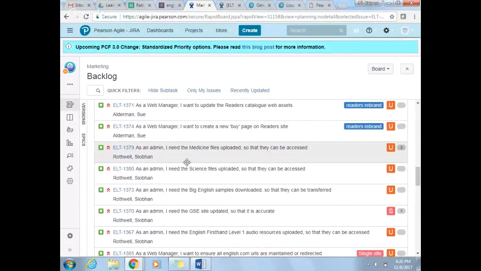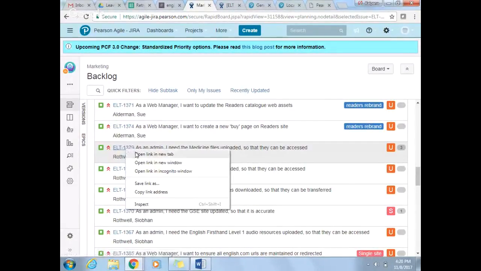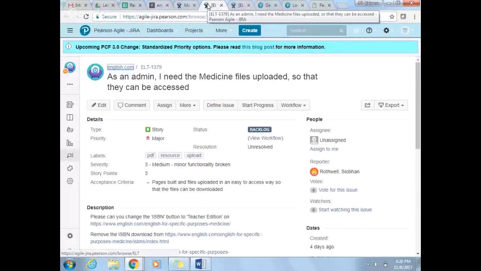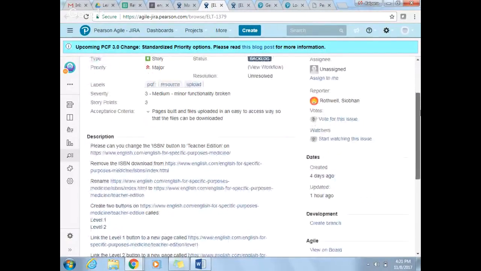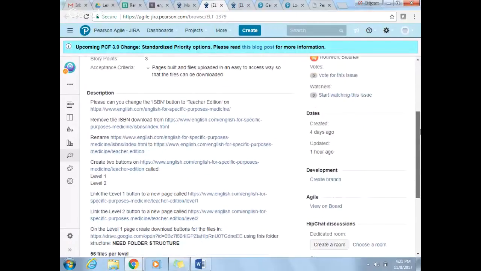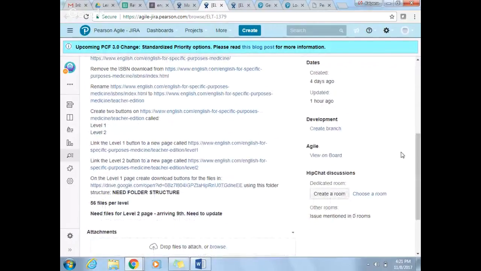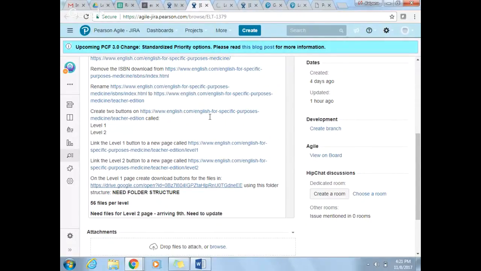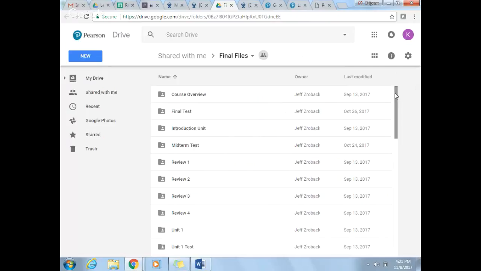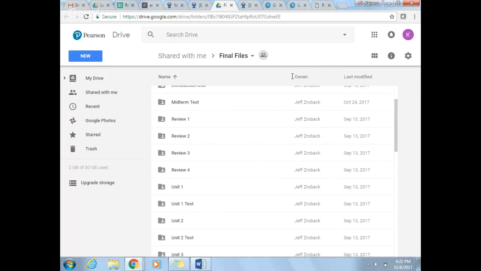Okay, so moving on to the next one, 1379. As an admin, I need the medicine files uploaded so that they can be accessed. Okay, Srinidhi. Kalpana, this is one where we're waiting for the files to arrive tomorrow.